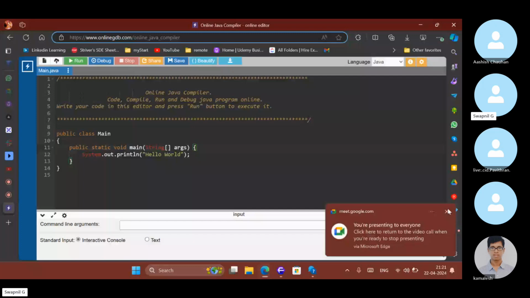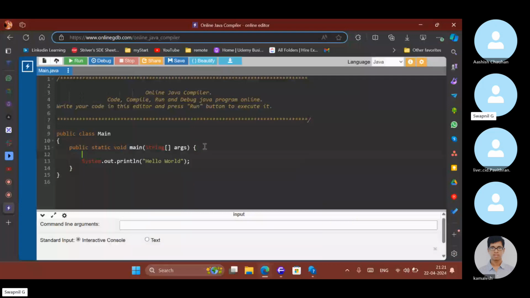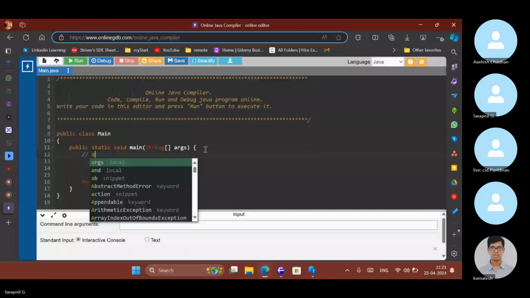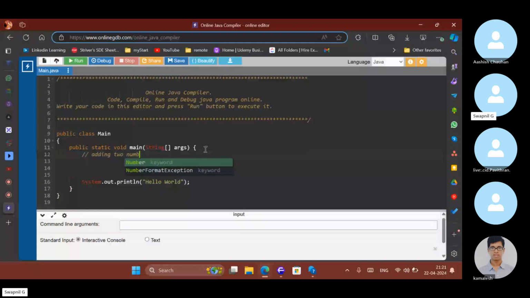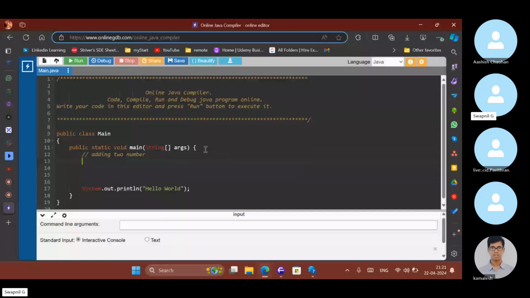So first, what Java basically gives. I love Java for this reason only, because it makes my understanding so clear. So let's suppose adding two numbers. You must have read this program multiple times, but this time you will learn why we were actually doing that.